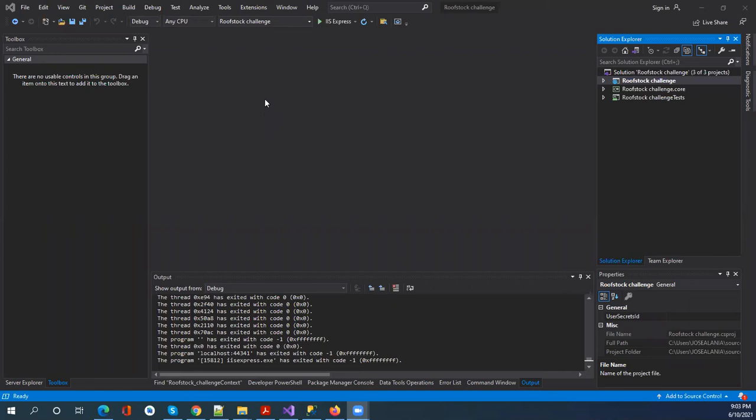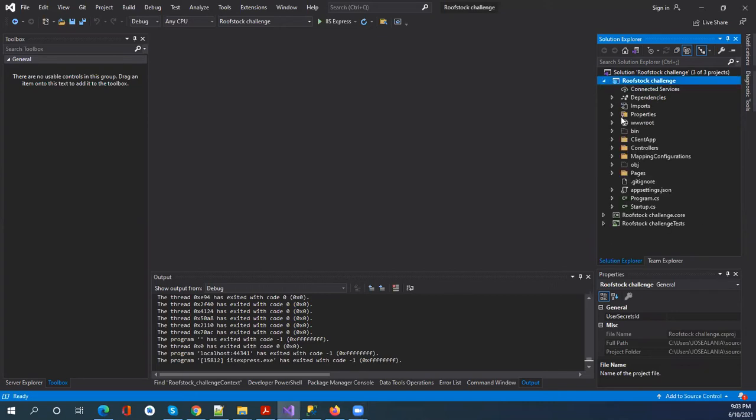Hello. Well, this is the project. It has three projects. This is the solution, a roofstock challenge. This is the main one. This is an SPA application, and basically it has